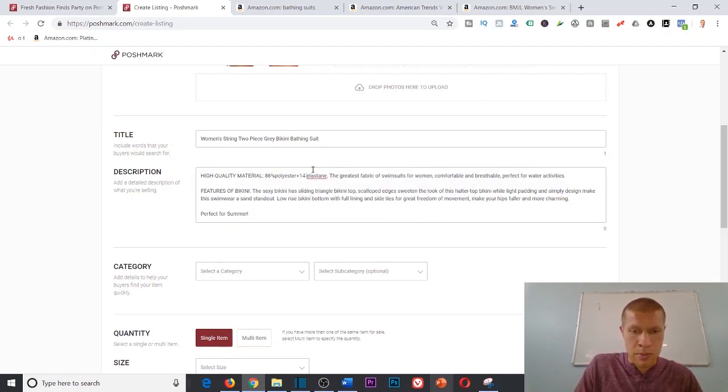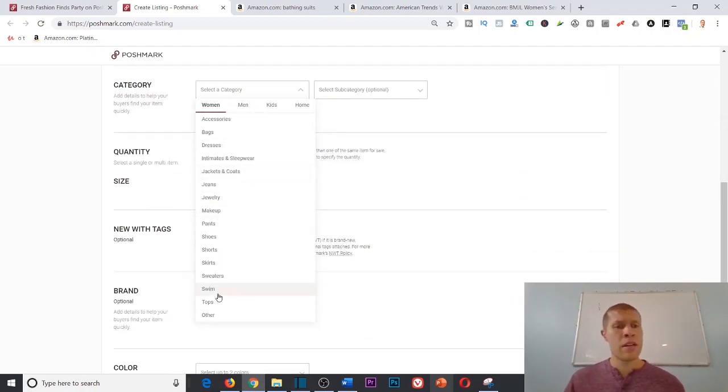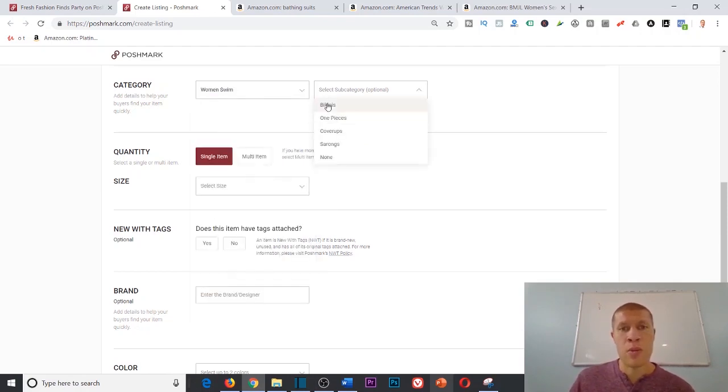I don't know what these are. It looks like maybe those are and signs. Yeah, we'll go 86% polyester, 14%. Where is it? Where's the percentage? Percent spandex. Okay, so now we have that. Now we need to categorize it, right? So women. All right, so it's going to be in women, swim, and then we're going to go with